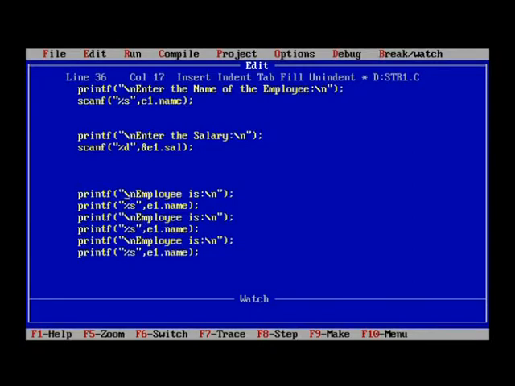Employee number, employee is so and so, employee number is important. You can put %d. So you want to access something, what is that? That is E1 dot and then emp number.